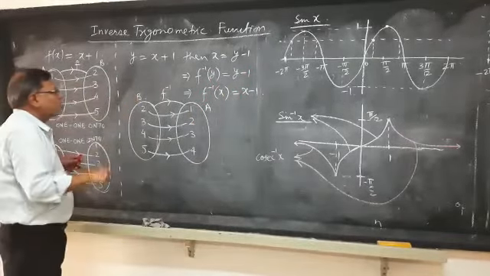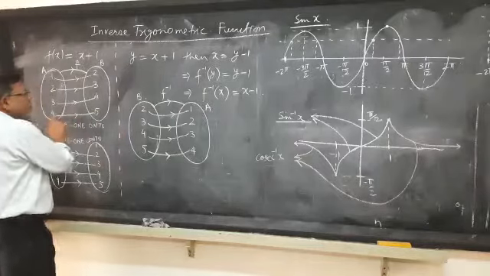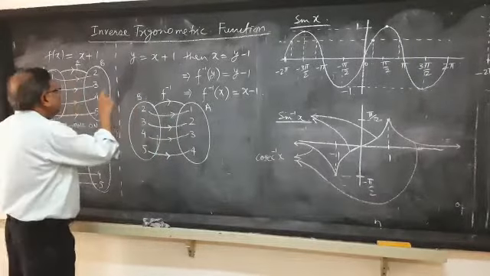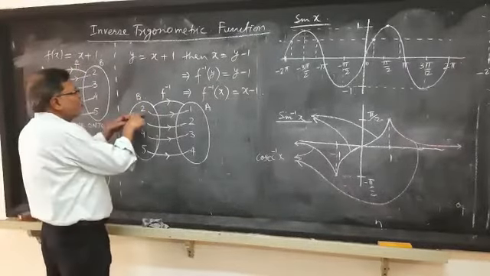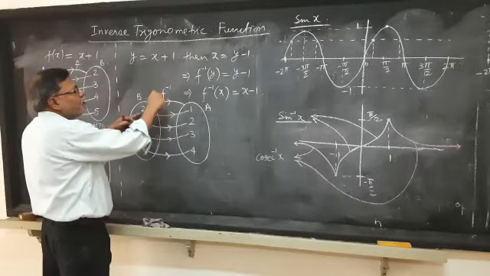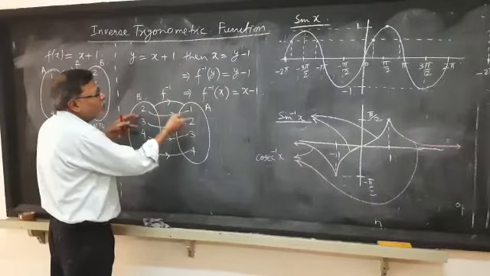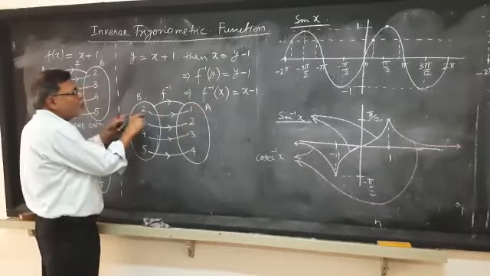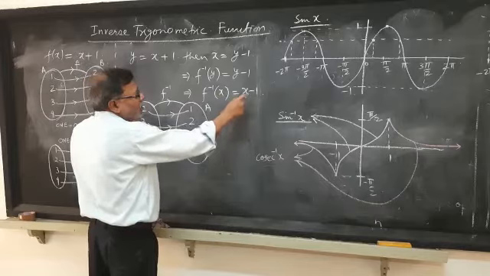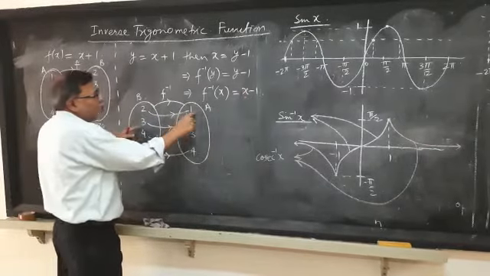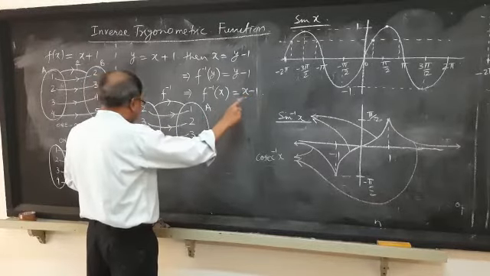Now what is happening over here is that this whole diagram is flipped. B has been taken over here and A is drawn over here, and in place of f I have written f inverse. Now again f inverse is behaving as a mirror, means all the elements of set B are now reflected in set A. So as we put 2 in place of x, we get 2 minus 1 is equal to 1. If I put 3, then 3 minus 1 is 2, 4 minus 1 is 3, 5 minus 1 is 4.